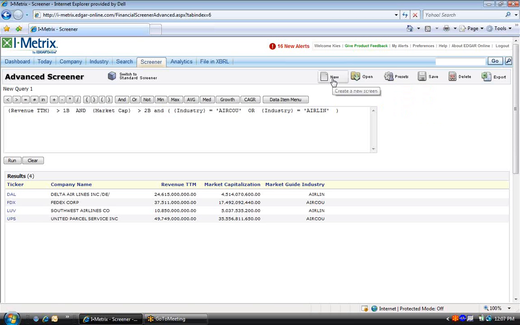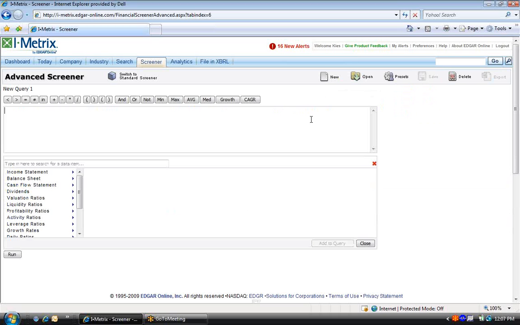Let's attempt another screen. So I'm going to click the New, and it'll clear out our advanced screening interface. This time we're going to create some custom functions using the average icon as well as the growth icon. So let's say that we wanted to create an EBITDA margin greater than 50% over the past 5 years on average. We can select the average function, delete data item range here,